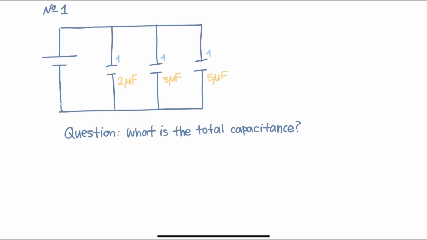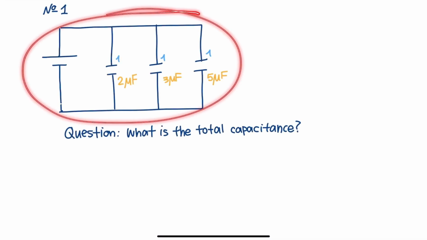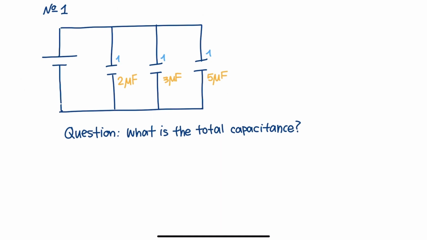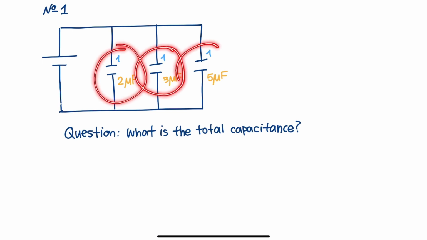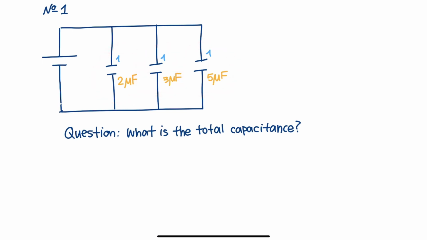Let's begin. We have a circuit. The question is, what is the total capacitance of the circuit? The question gives us the capacitance of all three capacitors in a parallel circuit. So to calculate the total capacitance, we simply need to add all the capacitors together, which is going to be